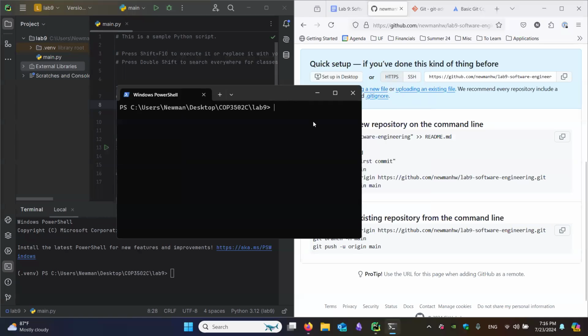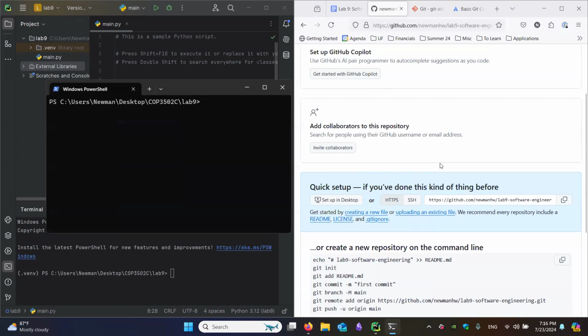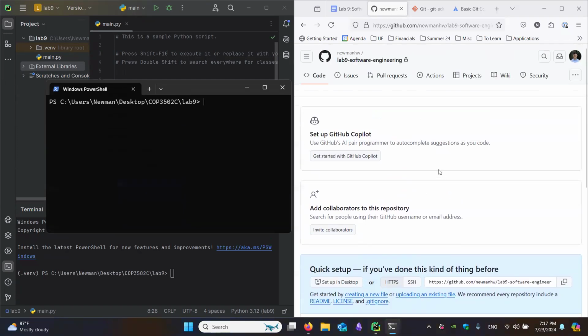So an easy way to start this up is to do something called cloning. This is an empty repository so far, and there's nothing in it yet. So an easy way to start might be to just clone it. And cloning, kind of self-evident, you're taking what you've already got, which is nothing so far. It's basically just an empty folder, and then you're going to clone it or copy it into the lab9 folder